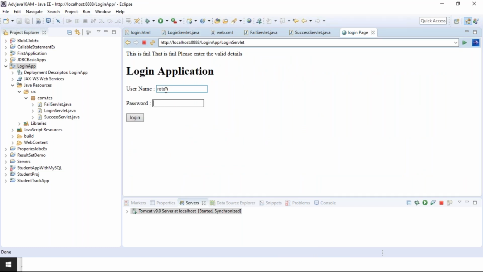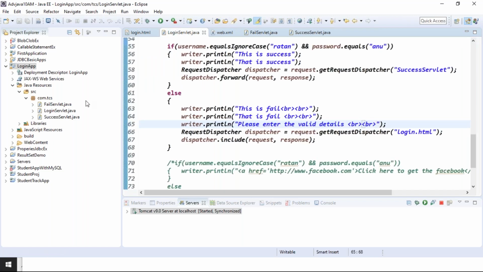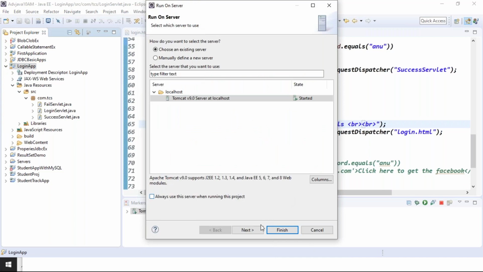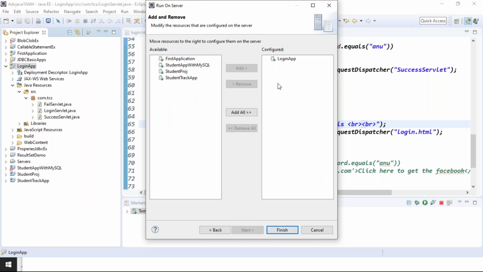Enter some login details, Ratan, and enter some failed data, right? Click on login, guys. It is including the same file, because I'm recompiling the code. The points are clear, right? Forward and include working or not? Forward means only the target is executing; this is success, that is success, not printing. Include means what happened, guys?